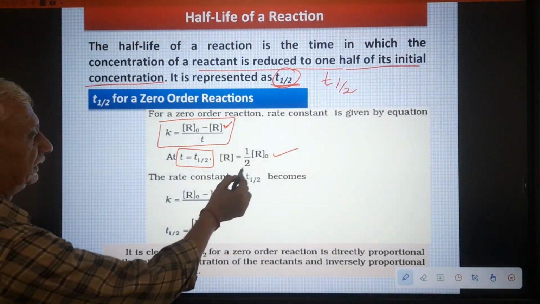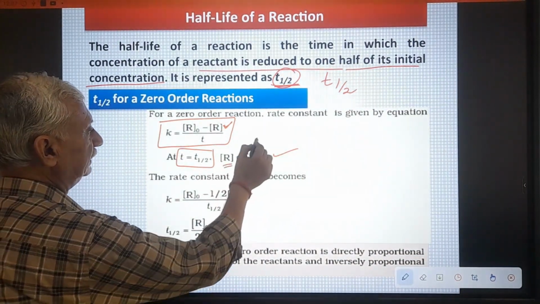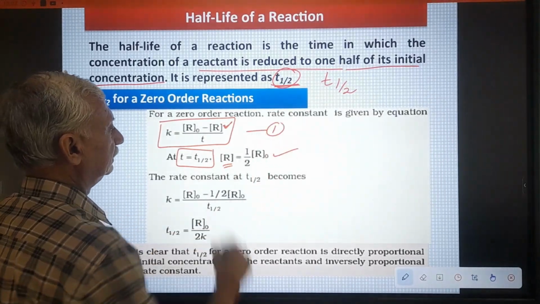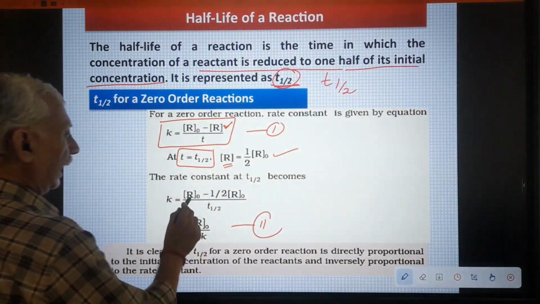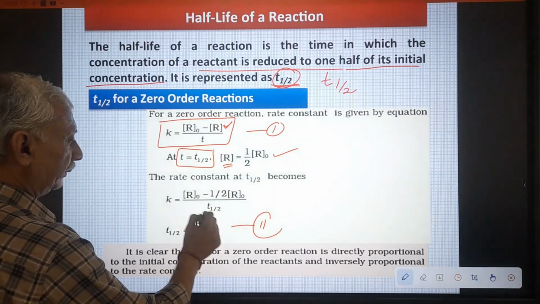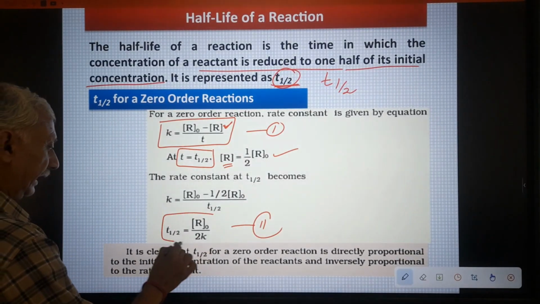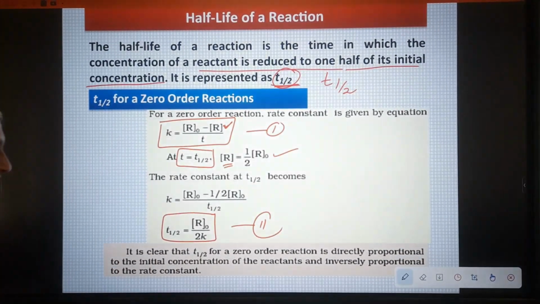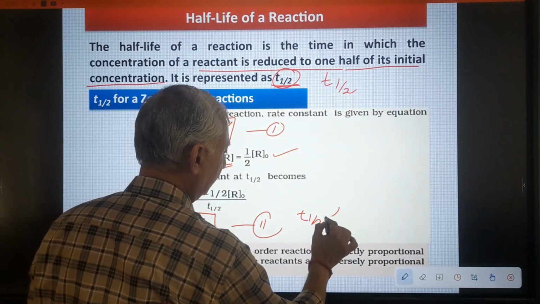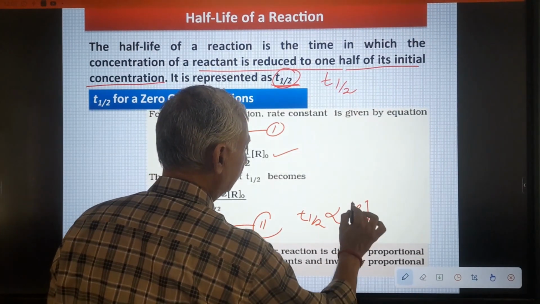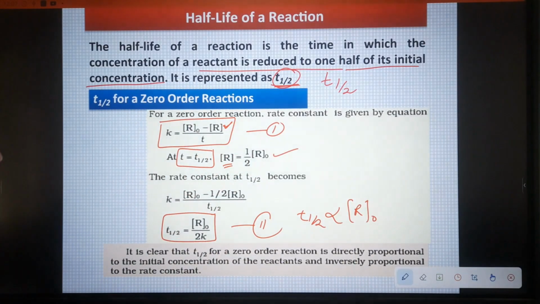And when we put this value of R in equation number 1, we get this relation: K equals R naught minus half of R naught upon T half. So for a zero order reaction, half-life period T half is